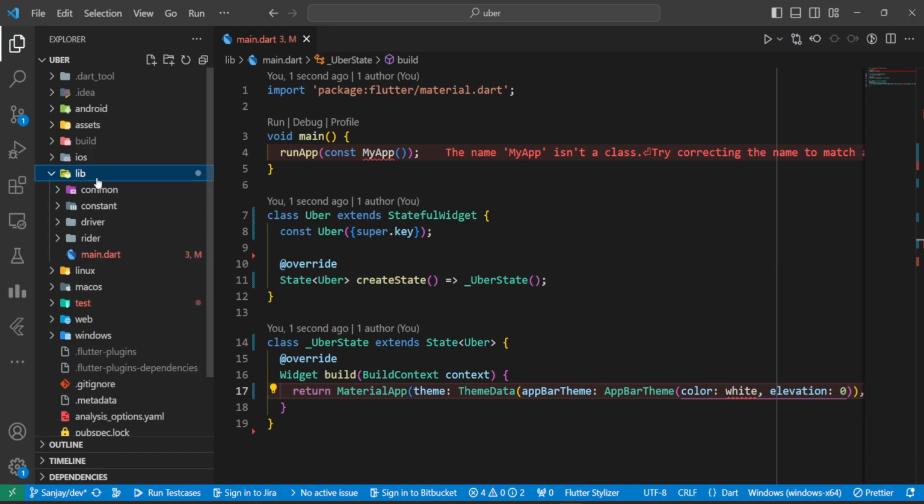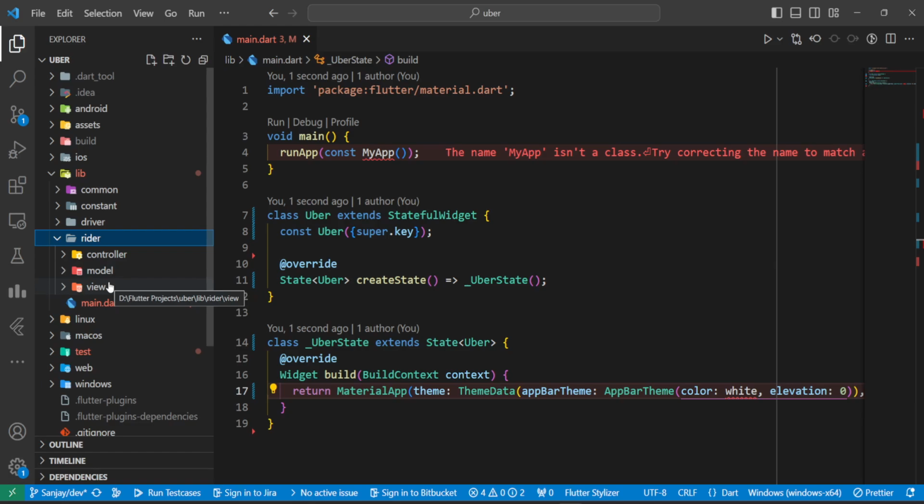So if you open the lib folder, you will find that there are multiple folders: common, constants, driver, rider. So our entire project is going to be implemented in MVC structure, that is model, view, controller. So let's see what is model, what is view, and what is controller. So basically in view, we're gonna store all of our screens and UI related stuff. In models, we're gonna introduce and store our class models, and in controller we're gonna write our state management and